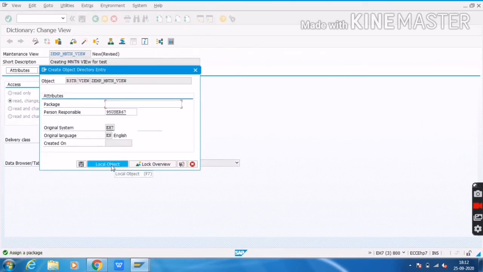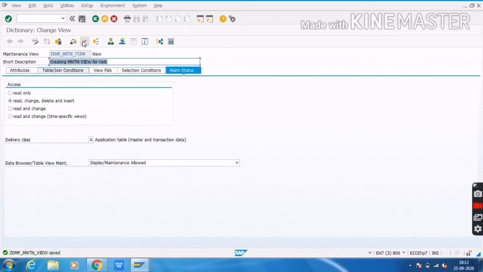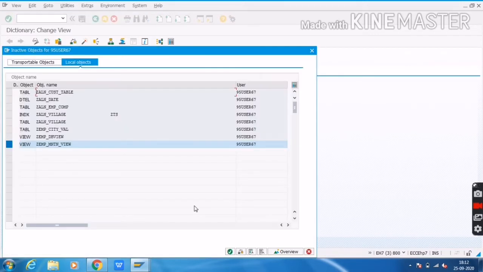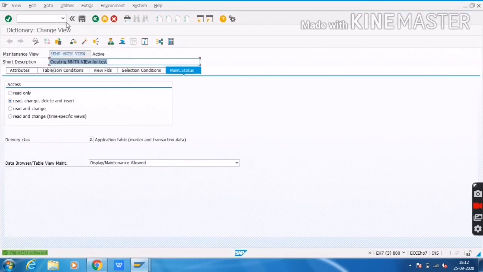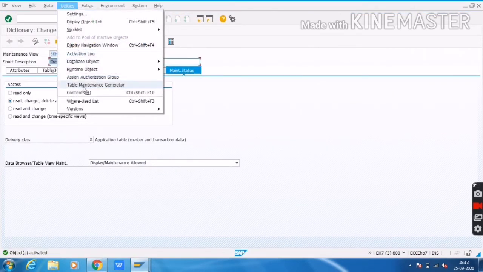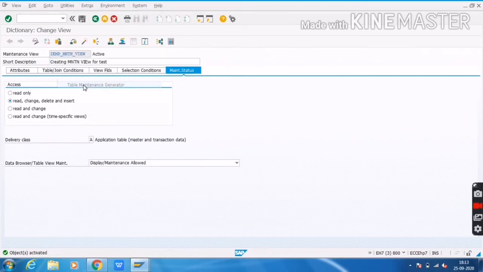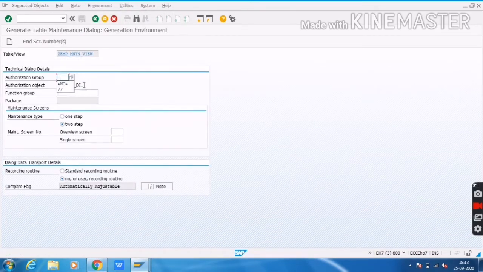Then I will click on save. I will save inside the local object only. Then I will click on activate. Then I will go to the table maintenance generator. Here I will provide the authorization group and the function group.